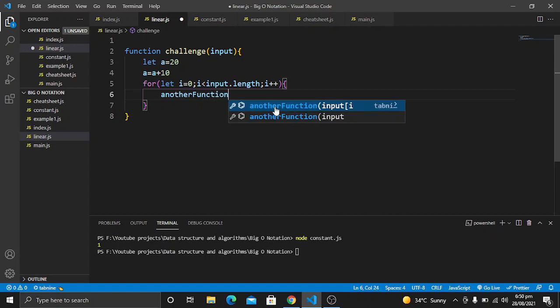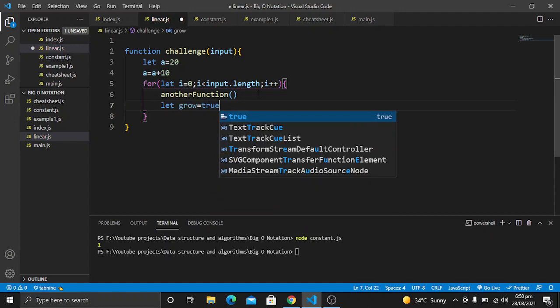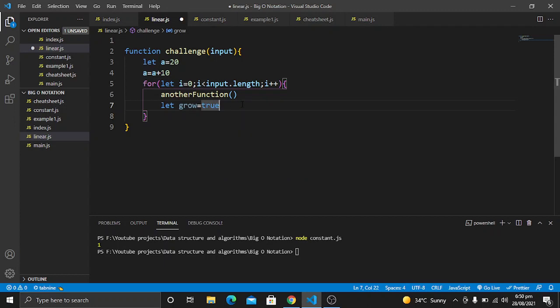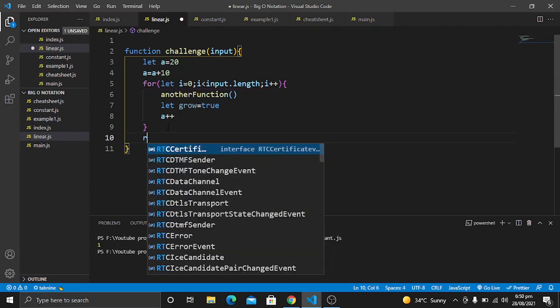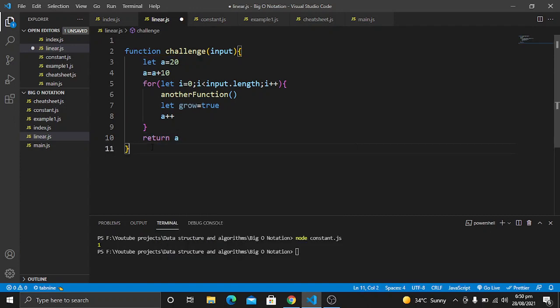Then we will create some variables, such as let grow equal true, and then we will increment this a here, a plus plus, and then we will return this a from our function.